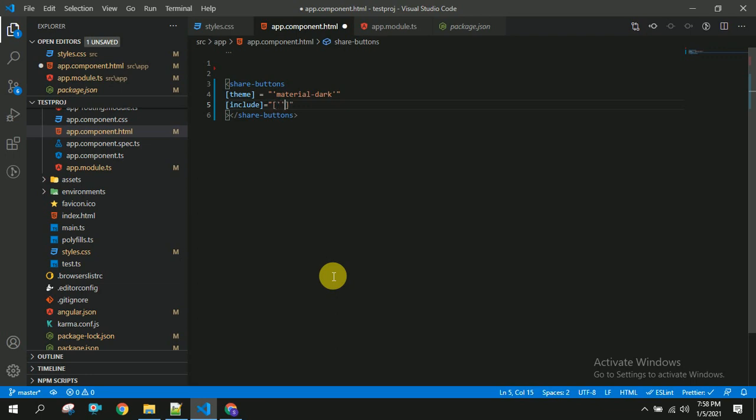In this array I am going to specify Facebook and WhatsApp, and different things like Twitter, LinkedIn. And the last one is copy.